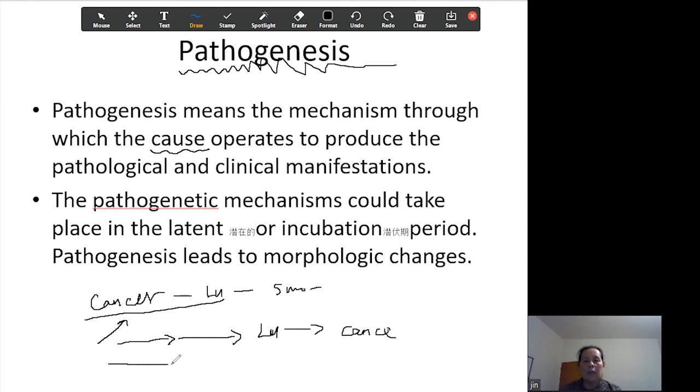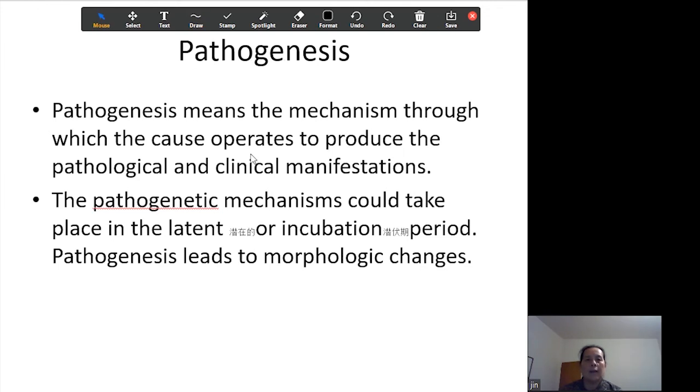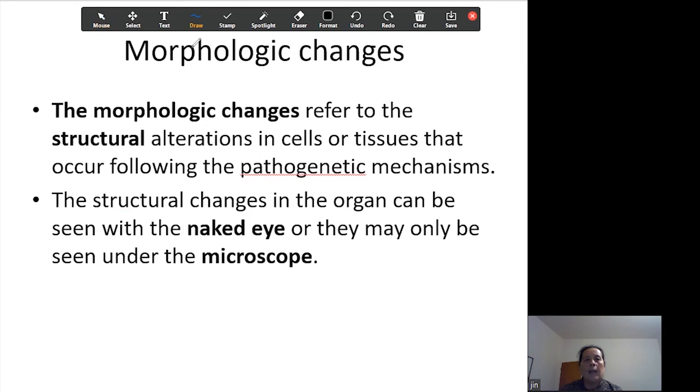We discuss how the illness develops, what causes the shape changes, and finally the function changes. So that's what we discuss in this class also. And when something causes an illness, it changes the body from two aspects. One aspect is the shape or structure changing. That basically starts to happen in the cells or tissues. Last semester we talked about cells and tissues. Do you still remember, the cell is the smallest living unit,